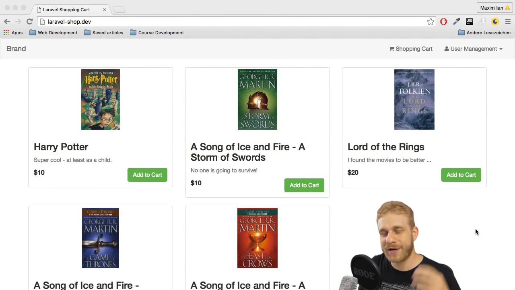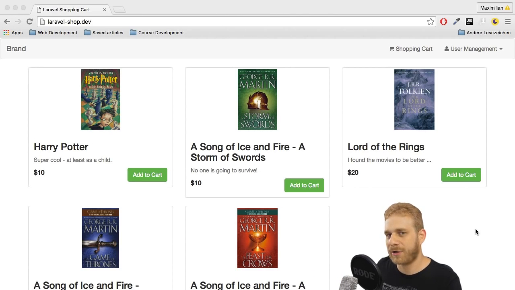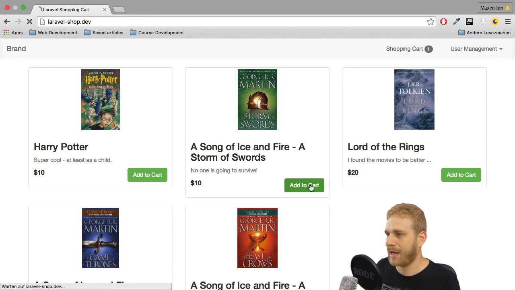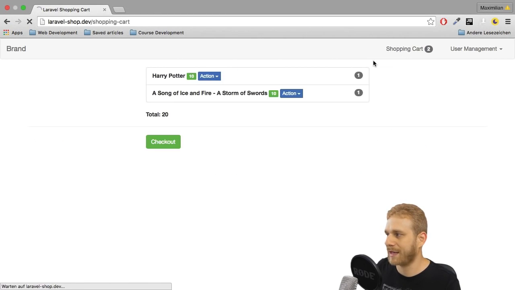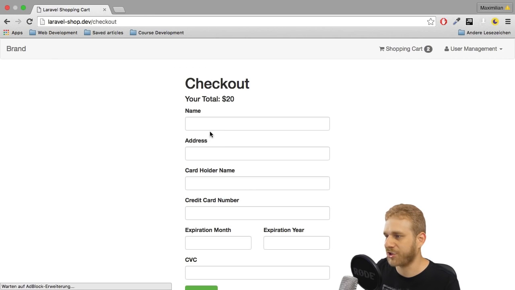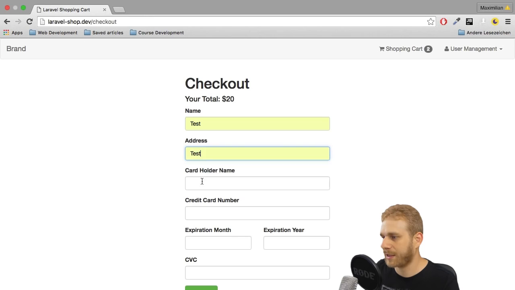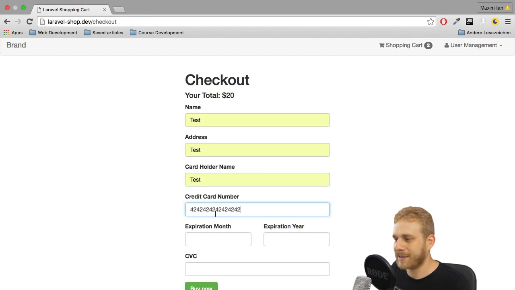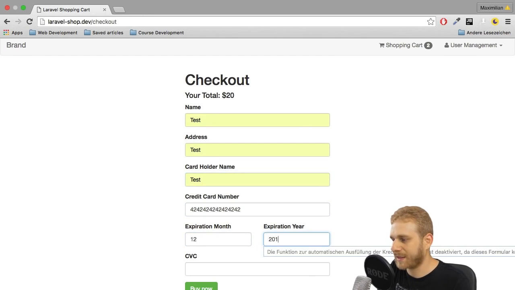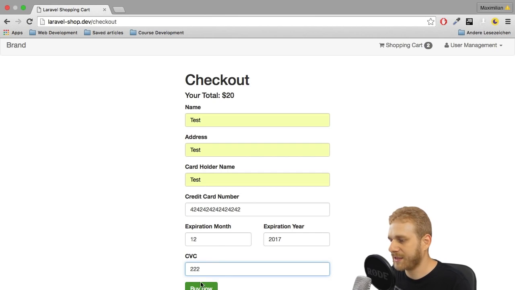Welcome back, everyone. We're nearing the end of this series, so to say, and our shopping cart application here looks really good already. We will get our products here and we can add multiple products to the cart. Then we can go to our shopping cart, we can check out, we can enter some test data here then, like this. Enter any credit card number here and then a valid expiry date, any CVC, and if I hit